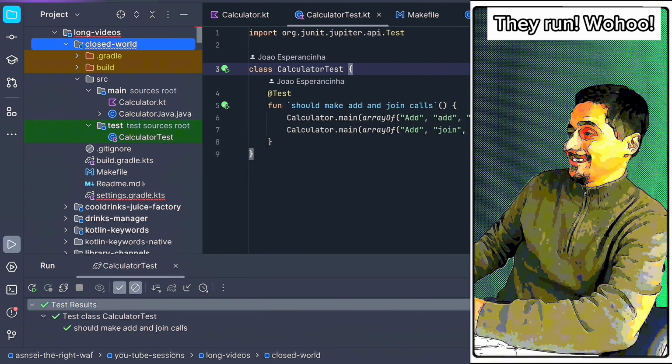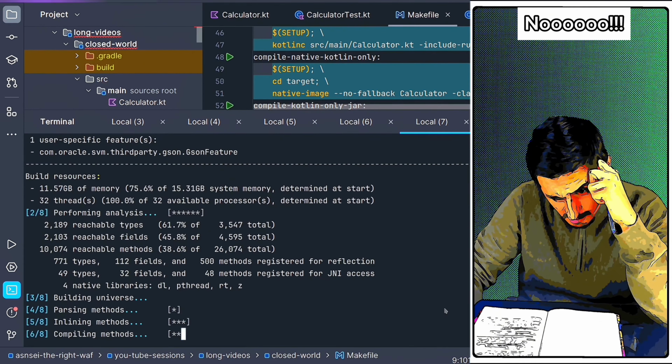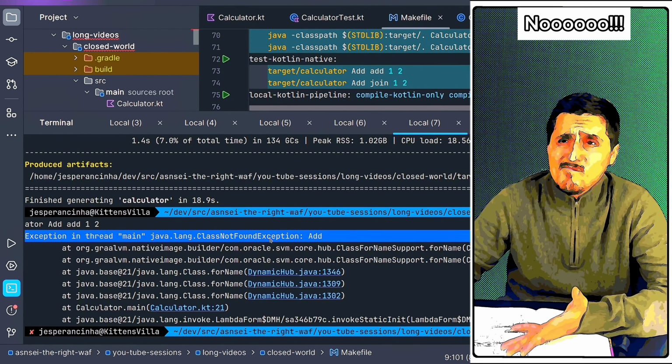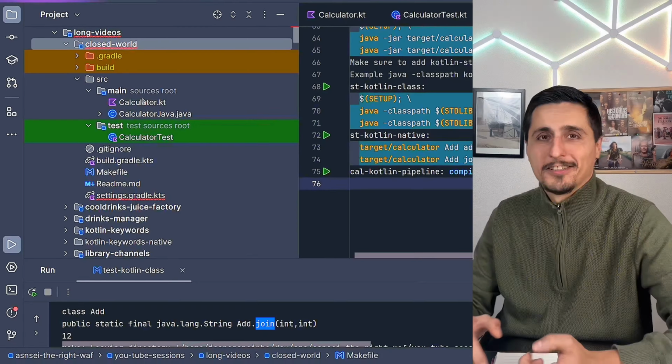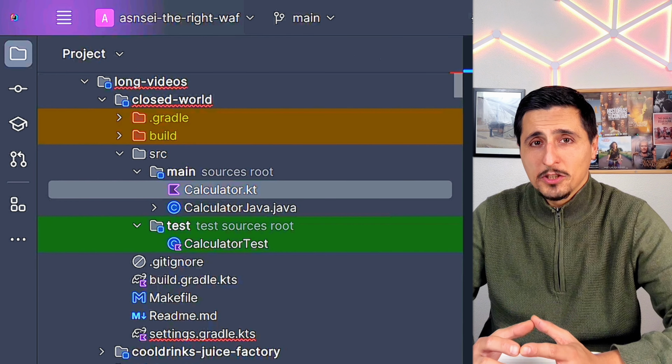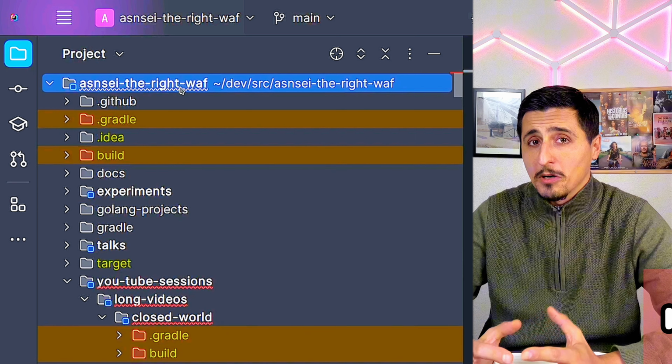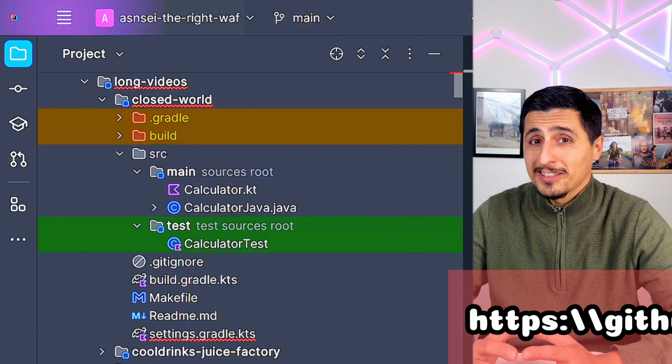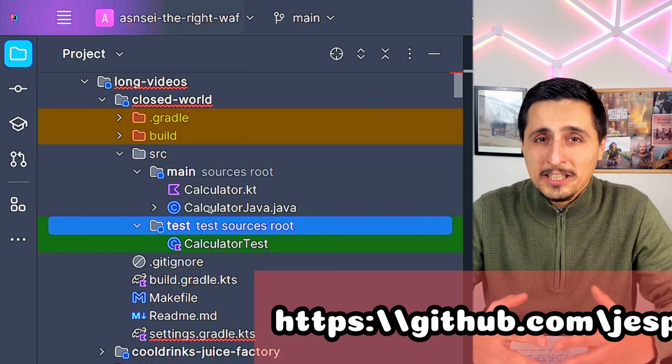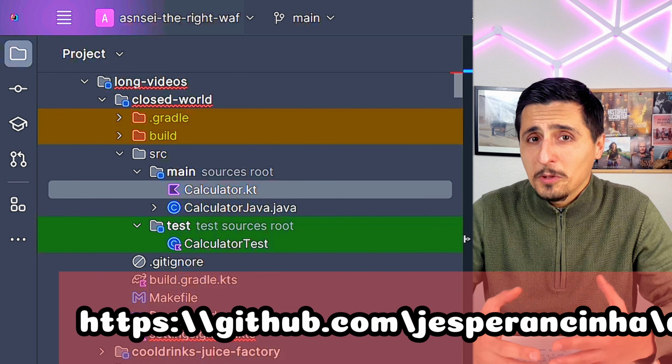But then I ran the utility via the command line, and it failed. But I did test it for everything, so why am I now getting all these errors? The error we are looking at tells us that our executable, generated with native image from our GraalVM distribution, cannot find class add. When we want to generate our executable file, the builder will scan for all possibilities and paths